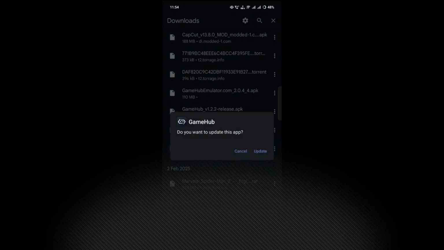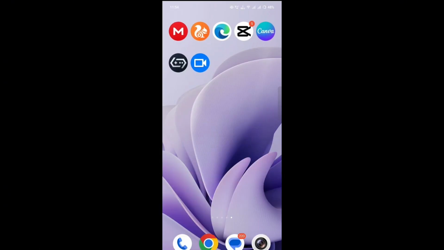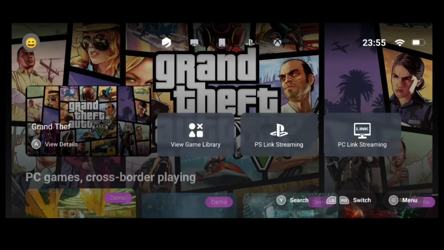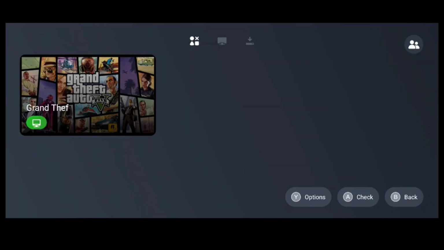I have already installed this, so I go back to my home screen and open the GameHub. After opening the GameHub, it takes some time to open. You can see I have already added this game, but I